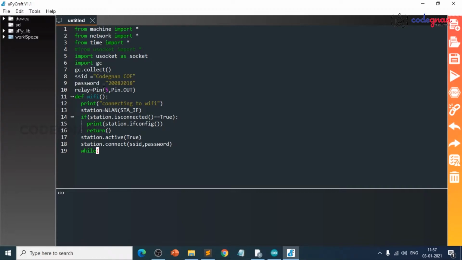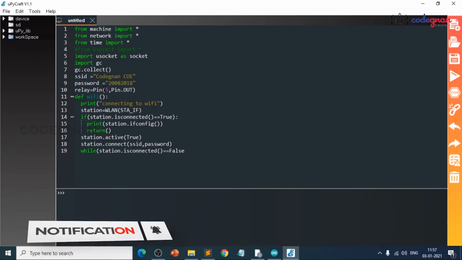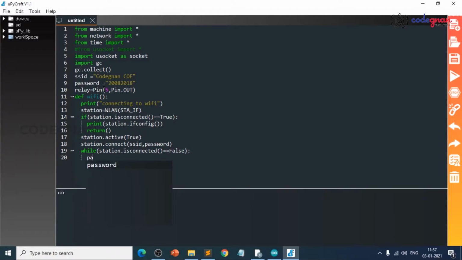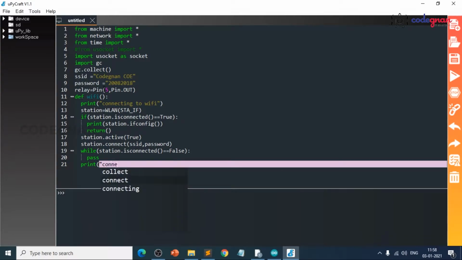So while station.isconnected equals to false. This statement says that it will wait until our Wi-Fi gets connected with our NodeMCU. After connecting, we will print a statement, print connection successfully.